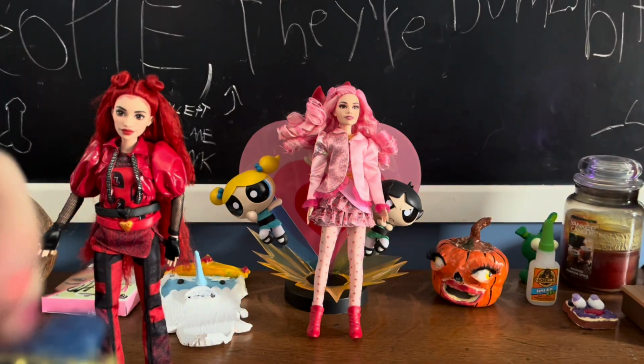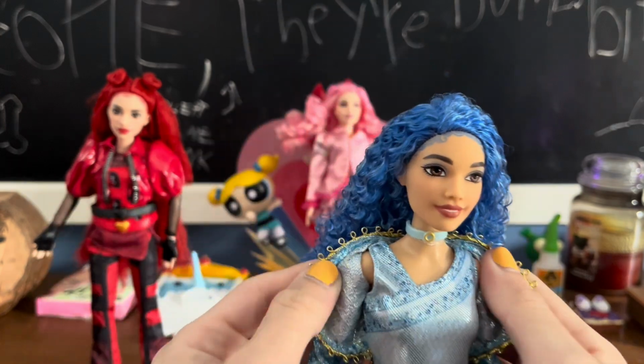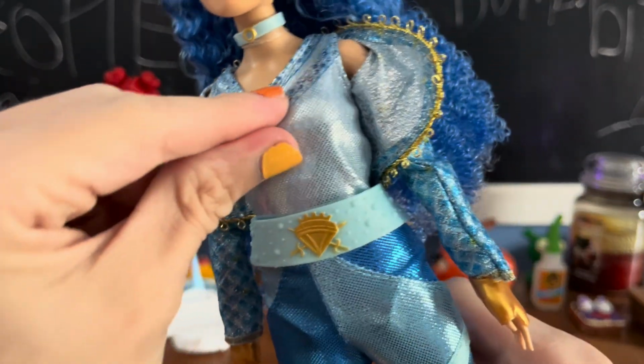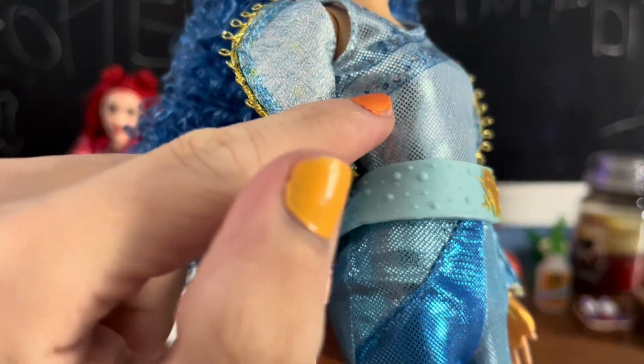So yeah, really nice. Then, like I said, her hair gets caught in the ribbons really easily, so that's really annoying. And then we have this top, which is fine. The rest of the outfit is made out of this shimmery performance stretch fabric. And I like it. I don't have any issues with it, except for the fact right here where you see